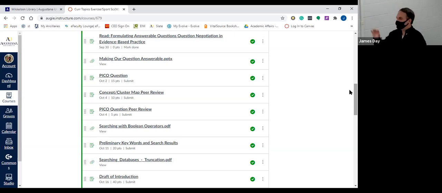So there are two parts of searching in the systematic review process, okay? The first one is searching so that we have a background of knowledge of the topics for our systematic review. So, for example, if we're looking at